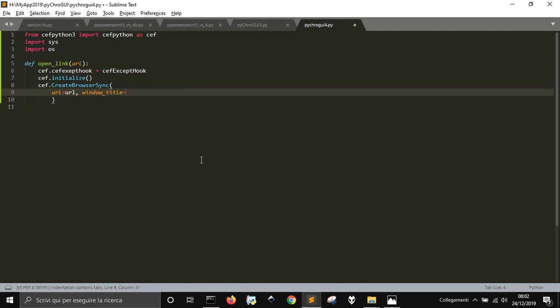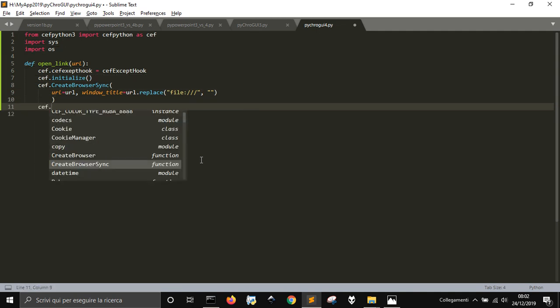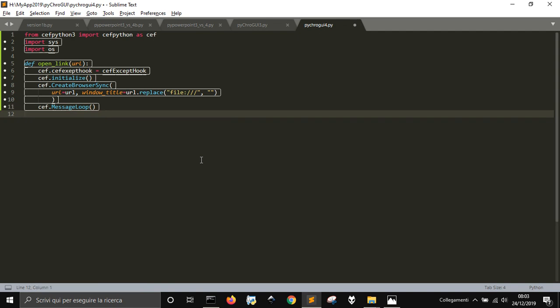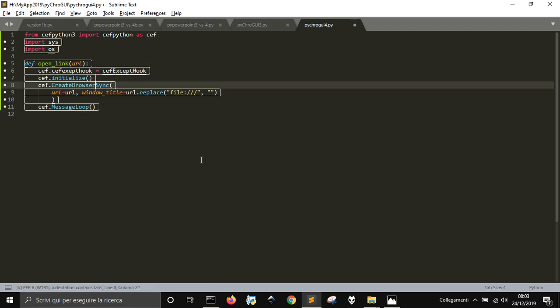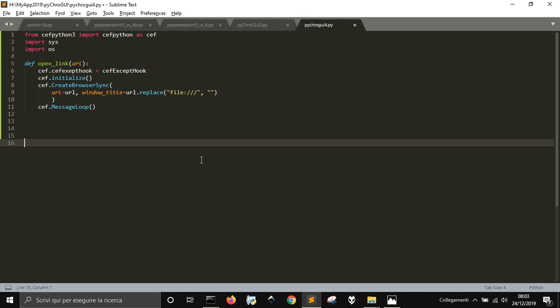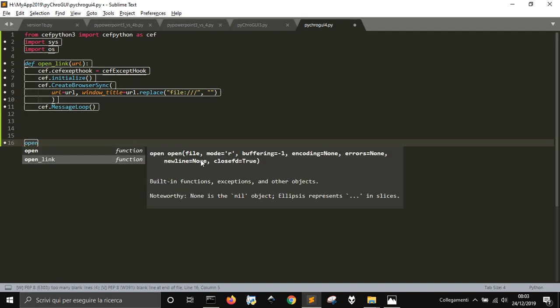The window title to be the URL itself, and I want to replace the thing that we have to write to use a local file, that is file colon slash, we want to replace it in the title with nothing, and then we need to do cef.MessageLoop. Well, that's all to create a window that will open Chrome with this URL, and the URL will be open_link will be